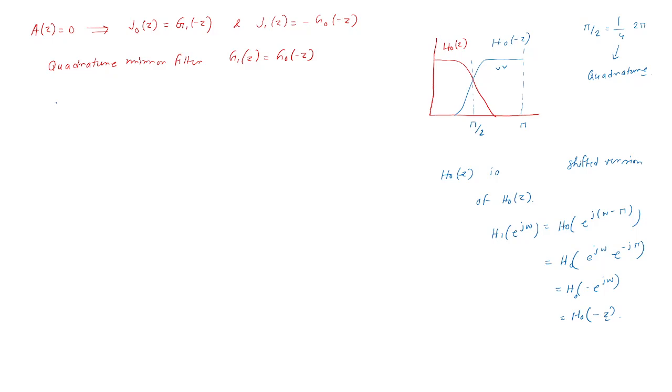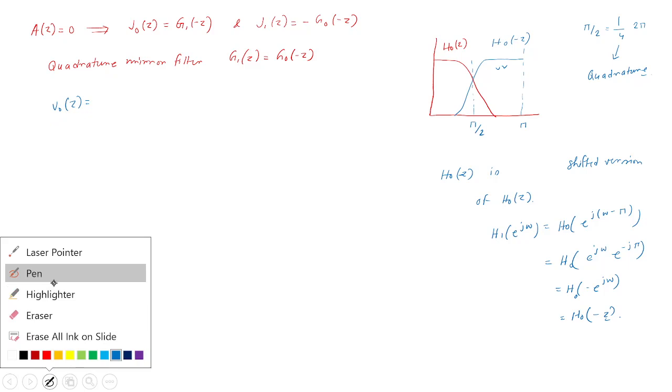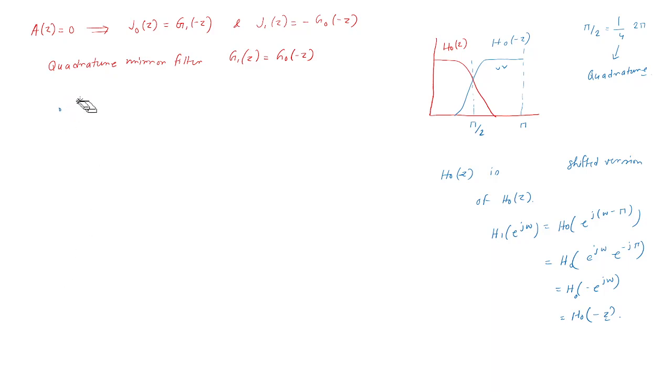We have these three things: J0(z) is equal, sorry for this error, J0(z) is equal to G1(-z), J1(z) is equal to -G0(-z), and G1(z) is equal to G0(-z). If you put this here,